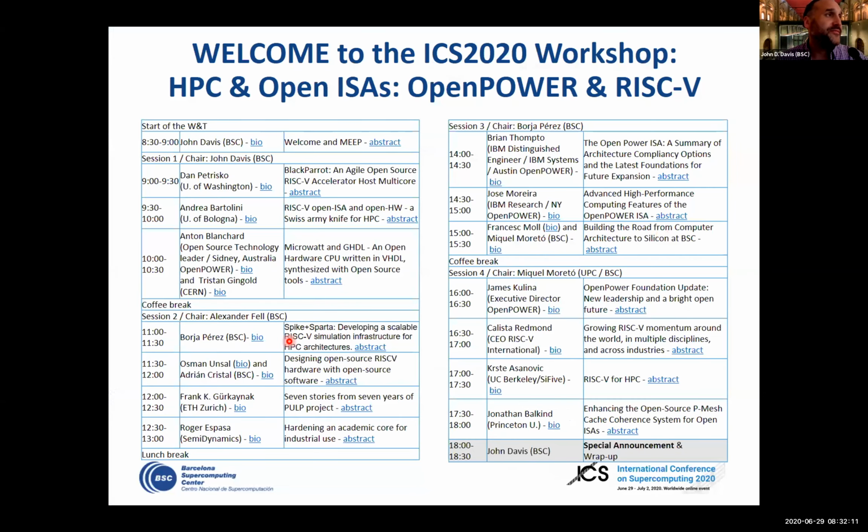As I mentioned today, we have basically 4 different sessions. We have 30-minute talks in each session by a variety of different speakers from around the world, which is exciting. We're going to be looking at a variety of different topics and processes around open ISAs, both RISC-V and OpenPOWER. They're broken up into sessions. Each session has a series of 3 to 4 talks, 30 minutes each, 25 minutes for the talk, and about 5 minutes for questions and answers. In between the sessions, there are several coffee breaks, lunch breaks, those types of things.